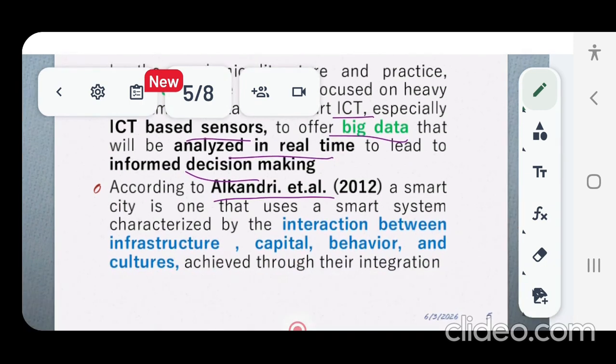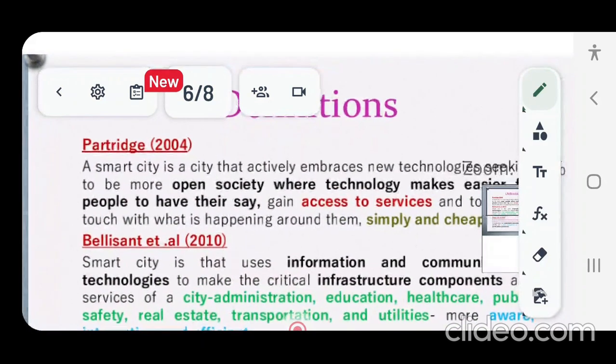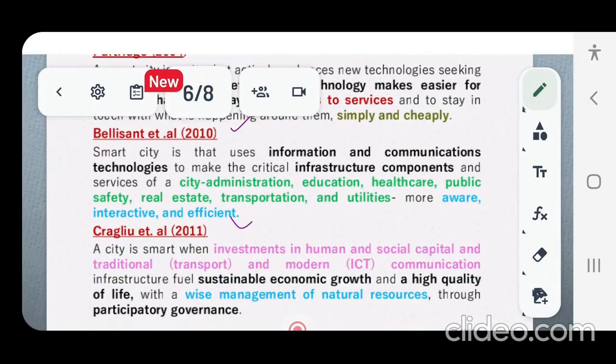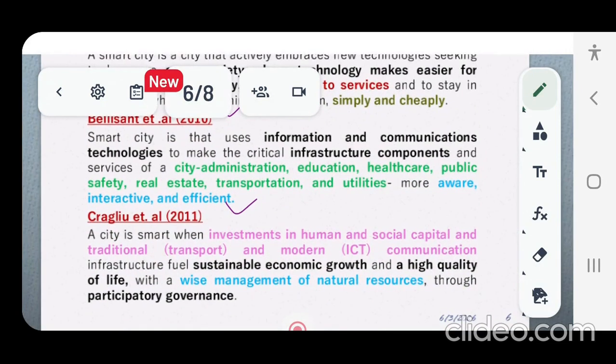Alcantara et al., Partridge, Pellicer, Craglia, and several other authors have given their own definitions for the word smart city.